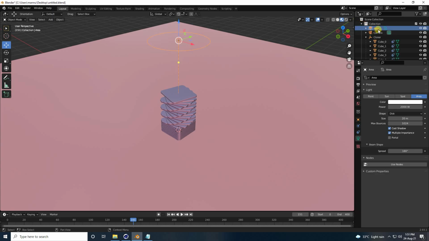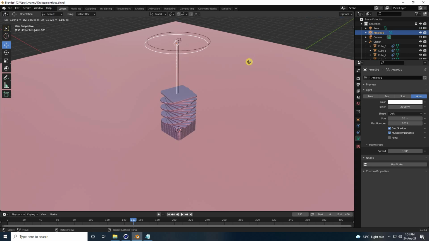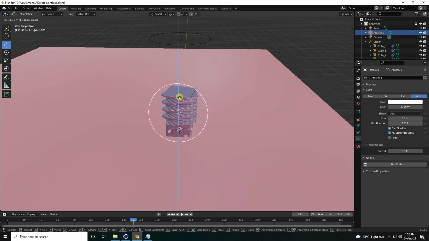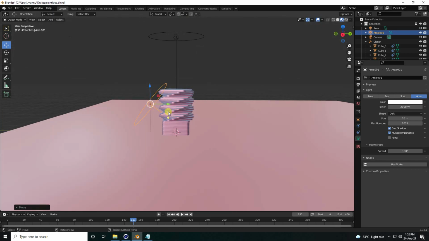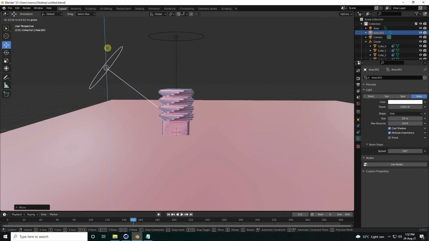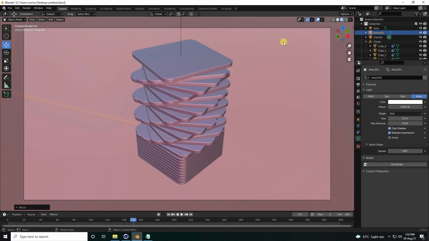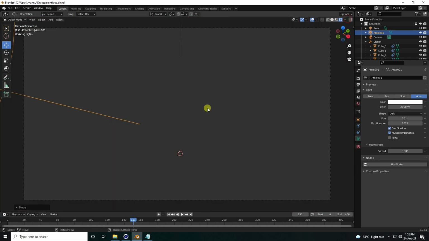copy, select this area light and Shift D, that's one, and rotate this light like this. Yeah, and little bit down. Select this area light 1. Yeah, good. So go to back and up. Yes, really good. And press 0. And guys, go to here, render preview.